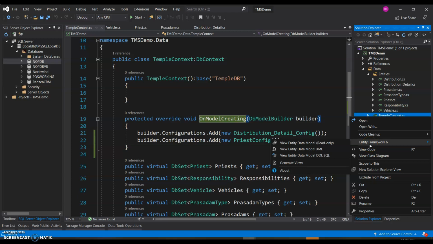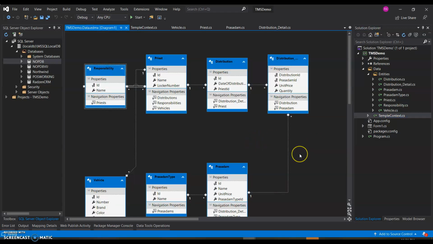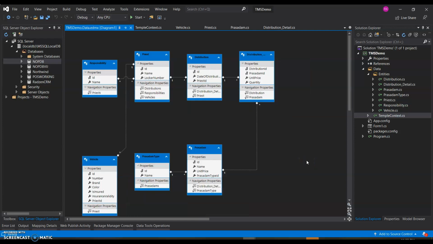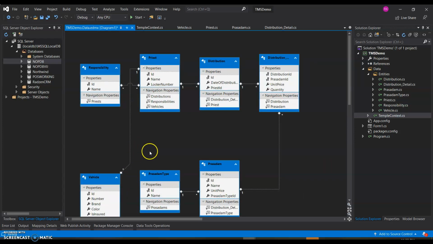Now this will not be there if we have not installed the Power Tools extension. So you can go ahead and click the first option, which will show you the entity data model, and it is read only, meaning you cannot save it. So it might take a little while, and once it is ready, we'll see the actual diagrams. You can just confirm if all the relationships are the way we intended when we first drew the ER diagram